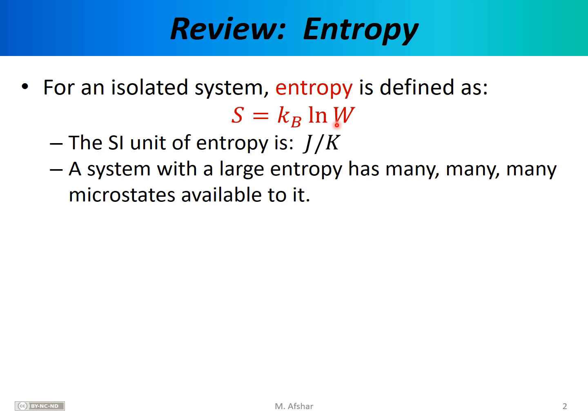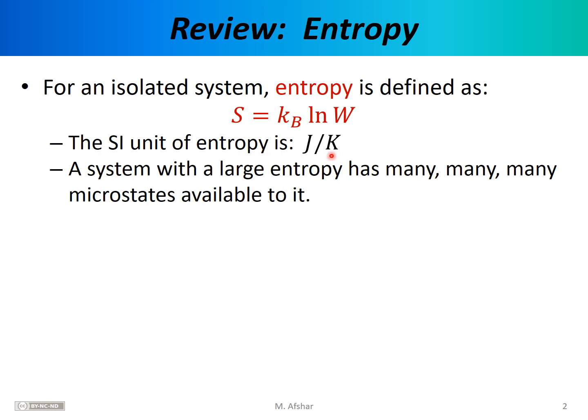It counts the number of microstates. W is a unitless quantity, so the natural log of W is also unitless, and therefore the unit for entropy is determined by the unit of the Boltzmann constant. Recall that the Boltzmann constant has units of joules per Kelvin, and so the SI unit of entropy is also